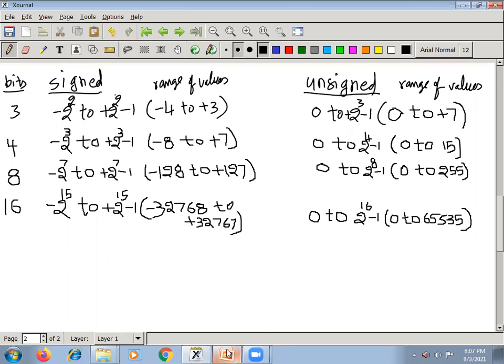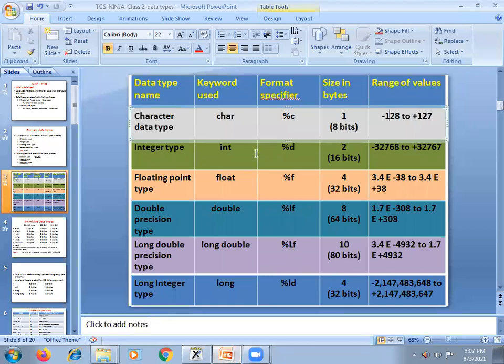Now if we look into our chart, integer in C is 2 bytes, 16 bits. So with 16 bits, the signed numbers are minus 32,768 to plus 32,767. Same on the 16-bit machine, long integer takes how many bytes? 4 bytes. Floating point numbers, anyhow you need to remember because their internal representation is different. We are not going into detail on the representation of floating point numbers. That is not even required for this TCS Ninja. Just if you remember these range of values, that is enough.